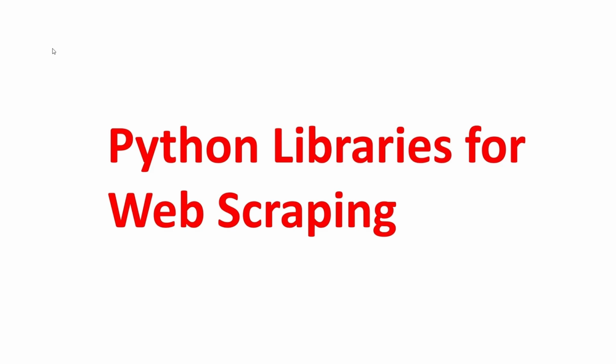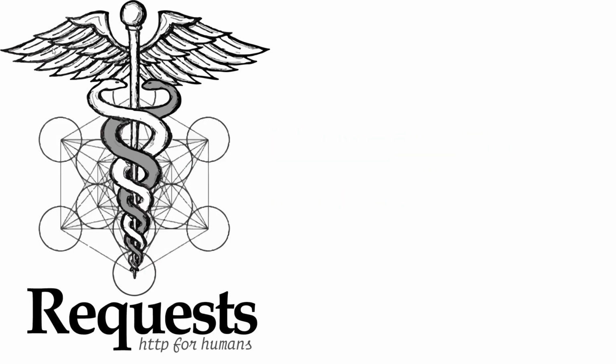So let's take a look at Python libraries for web scraping. We will be checking some of the most popular ones, and we're going to be using some of these in our hands-on tutorial. First up is requests. This is probably the most popular HTTP library for fetching web pages. It is very easy to implement, and requests basically is to fetch the particular web page. And the common drawback of using requests in your project is that it cannot execute JavaScript.